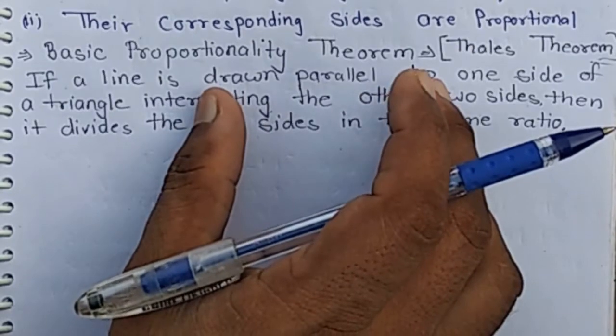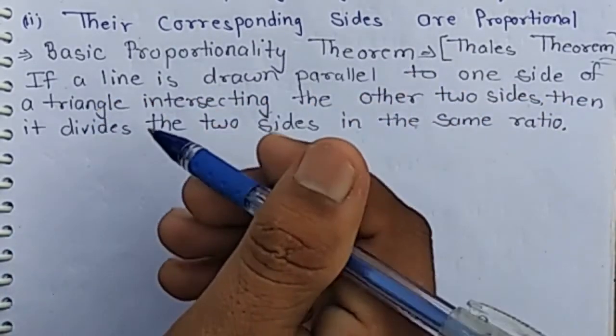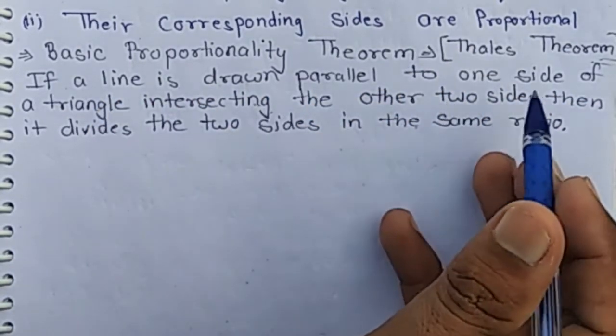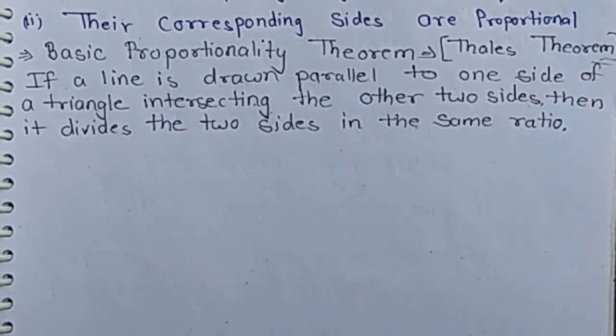Basic proportionality theorem or Thales theorem. If a line is drawn parallel to one side of a triangle intersecting the other two sides, then it divides two sides in the same ratio. That is,